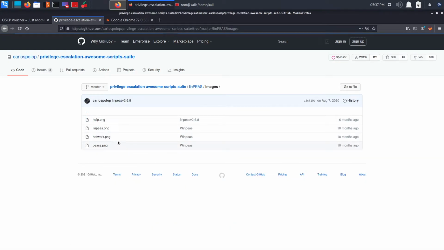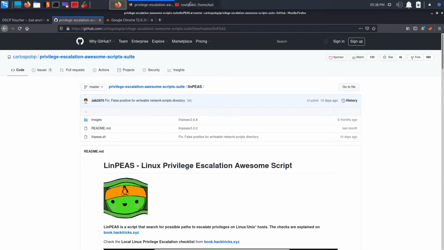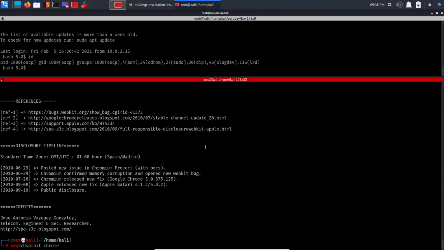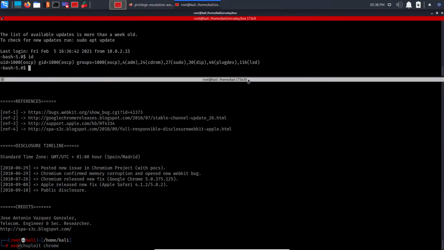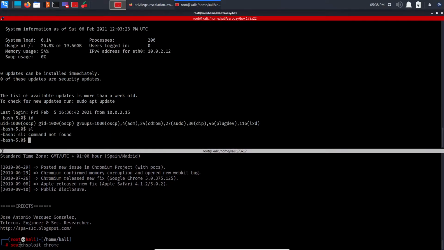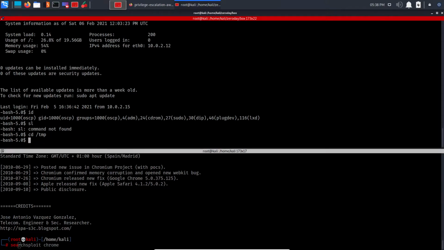What you'll need to do is copy this file into your attacker machine. Since we already have a shell for the victim, but we don't know what is there, we are doing this OS enumeration. So we go into a temporary folder where we might have write access. Some directories where you usually have write access are always /tmp or